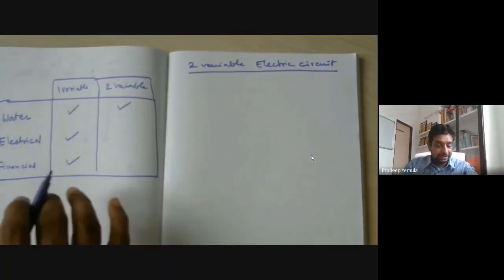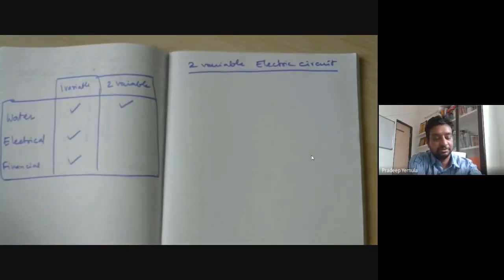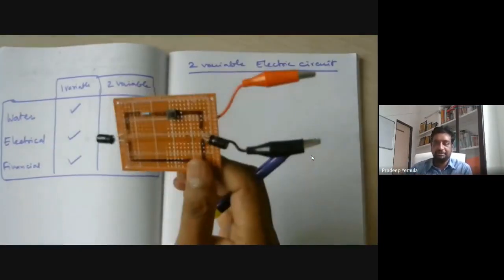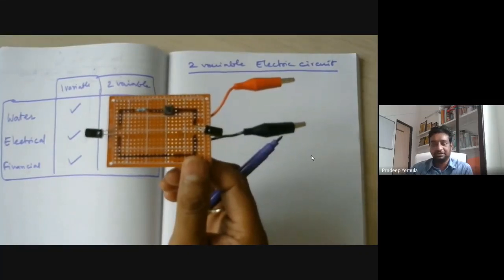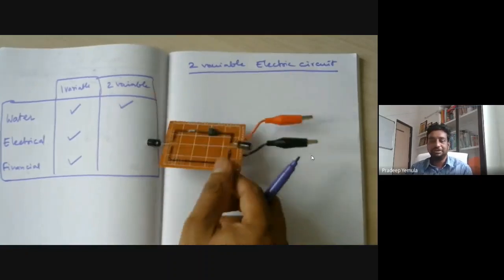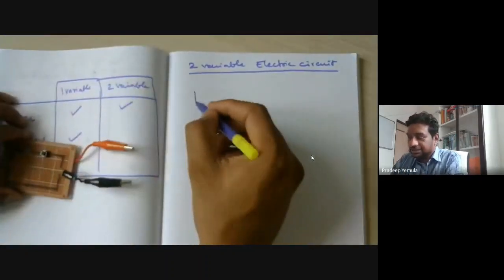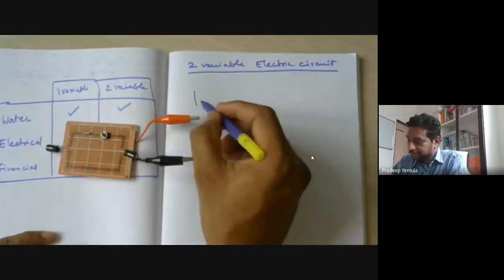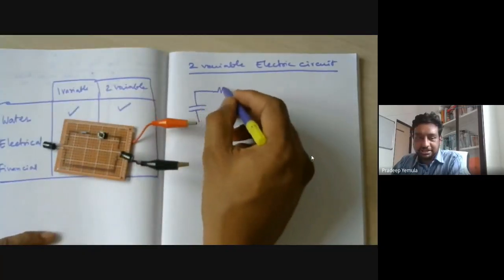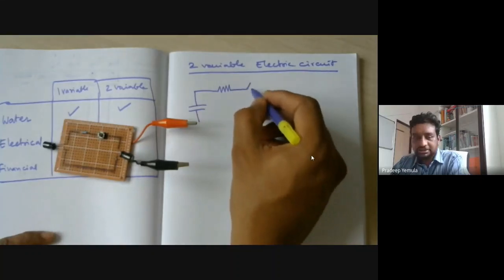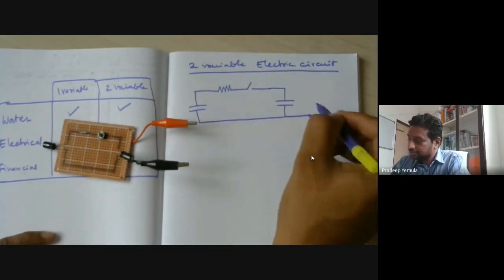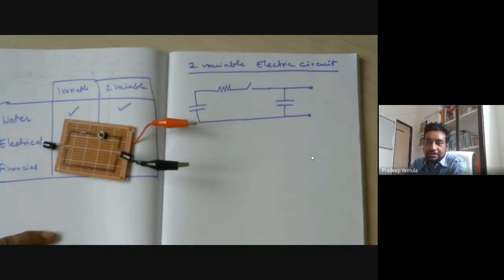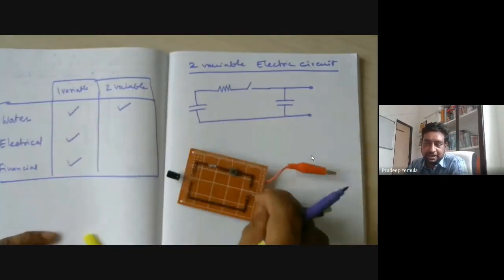So what we are doing here is, let me again show you. I have this circuit. We have already seen this circuit before. It has two capacitors, one on the left and one on the right, and then in between. Now we will utilize the full circuit. There is a capacitor here, then a resistance, then a switch, and then another capacitor. And then two terminals are there. That is what this particular circuit diagram is exactly.